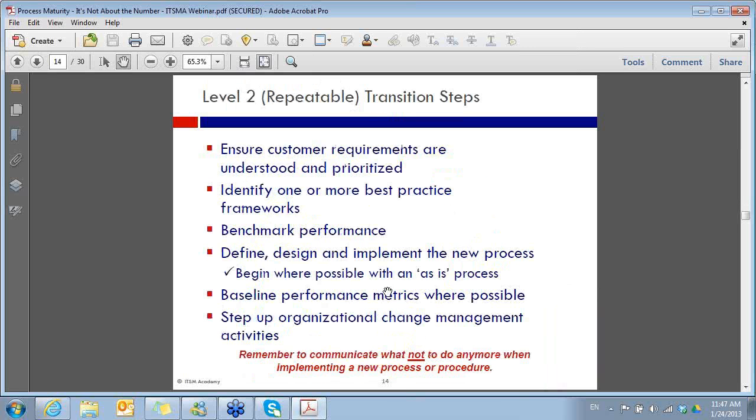So transition steps start with requirements. Make sure that you are looking at and taking guidance from a best practice framework. If you look at ITIL, ITIL has done all the work for you in terms of defining your processes. In ITIL 2011, for every single process, the objectives, the activities, the critical success factors, the roles, the responsibilities, all that information is defined for you. And if you are saying that we're going to adopt best practice, mean it. Take ITIL, right? Take those objectives and use those as your starting point.